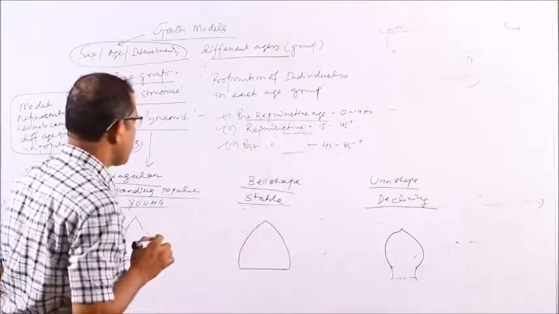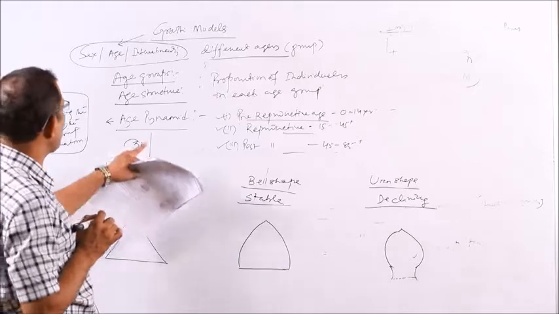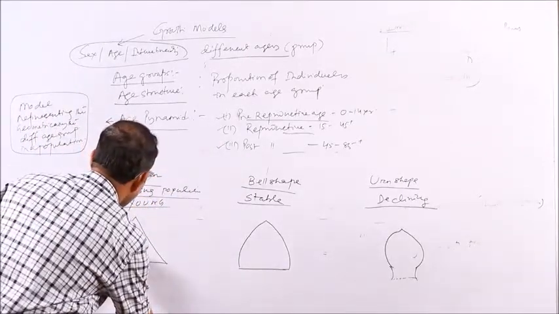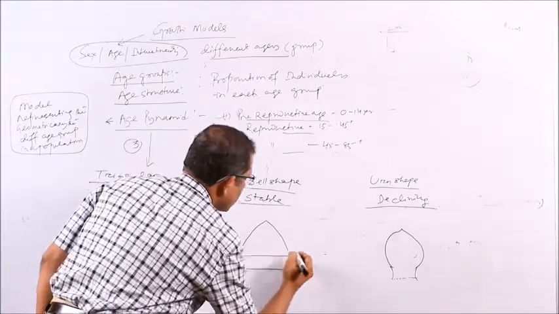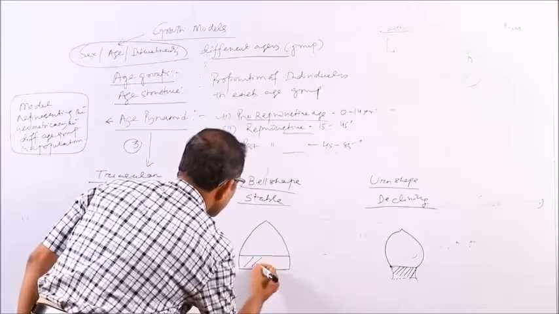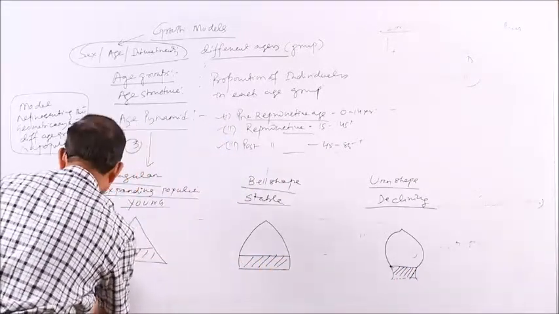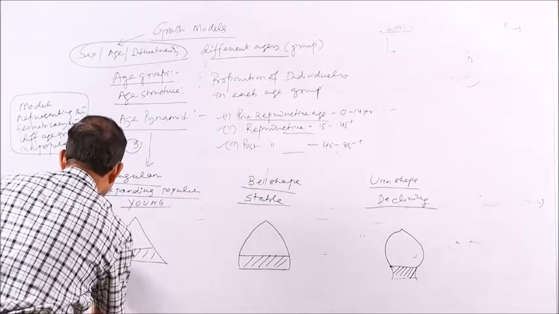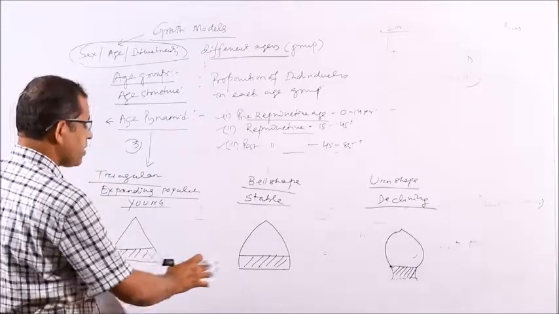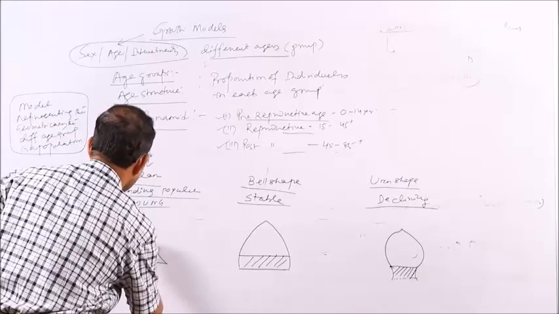So, you are finding the three shapes: the horn shape, bell shape and young. Now, what particularly we have seen, there are three age groups. You can say this is the age group, the base, each one is having this. This is called your pre-reproductive age. Now, the second one you will find is